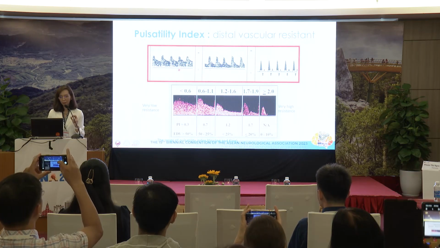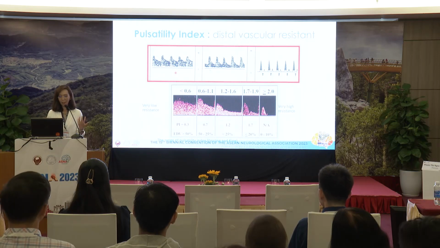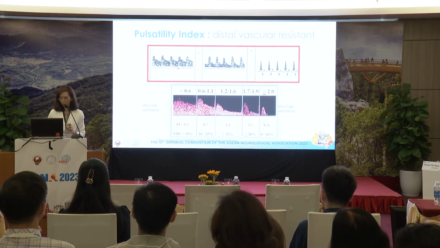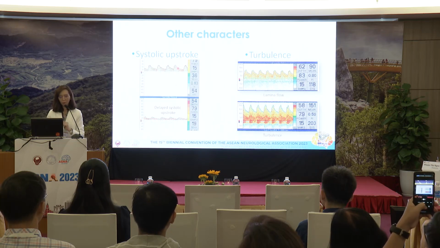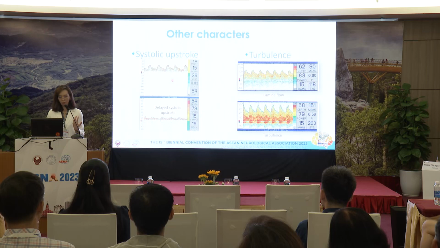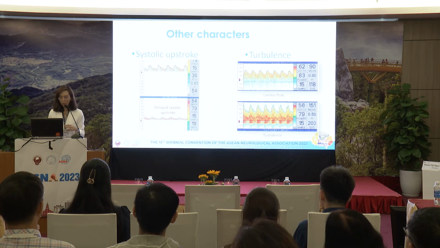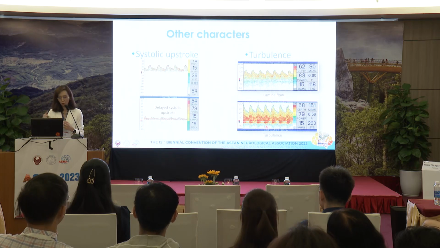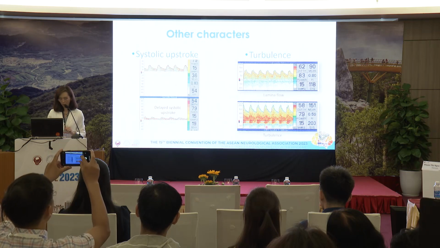So for intracranial vessels, we are looking at the low resistant circulation. So it's very likely that it's going to be in this range, and it usually looks like this for the intracranial vessels. There are some other characteristics you have to look at in the waveform, the systolic upstroke. Sometimes you have a dampened waveform, meaning that you are at the distal part of the stenosis. Or sometimes there's some turbulence. When there's a stenosis, there's turbulent flow, so you can hear the murmur or some turbulence noise over the area.